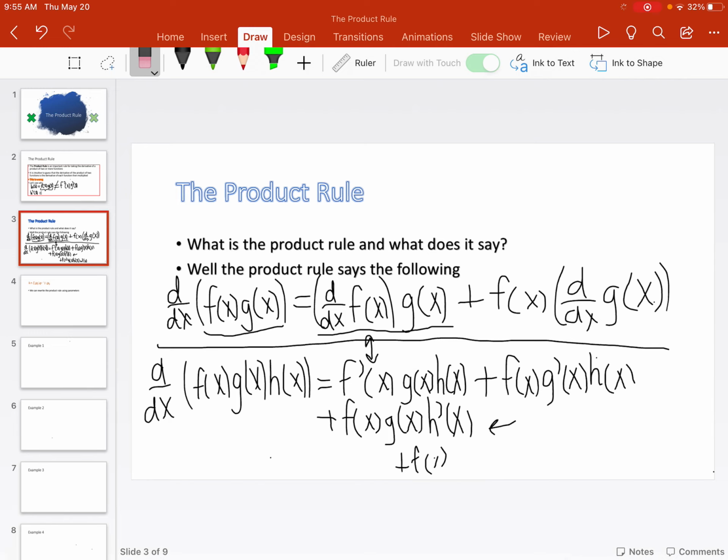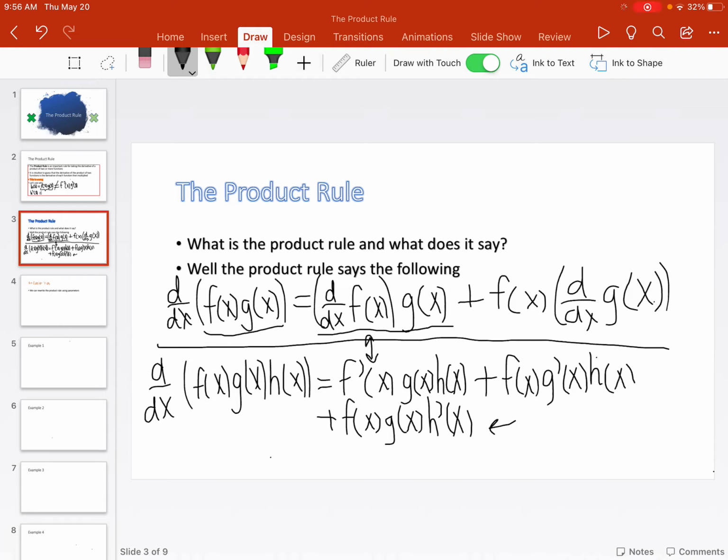So just saying, you got to know this. You got to extend this idea to more than just two functions being multiplied together. And on tests and exams, assignments, quizzes, you will see this and you will have to do this. So you got to be able to extend this idea and understand taking the derivative of each function and giving